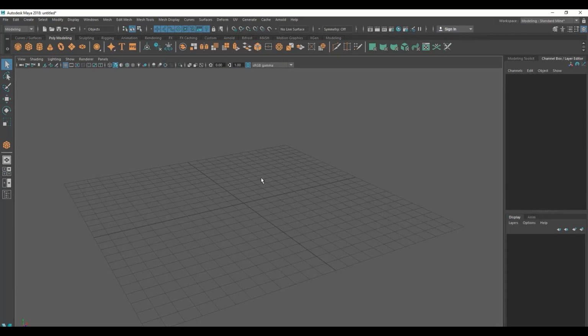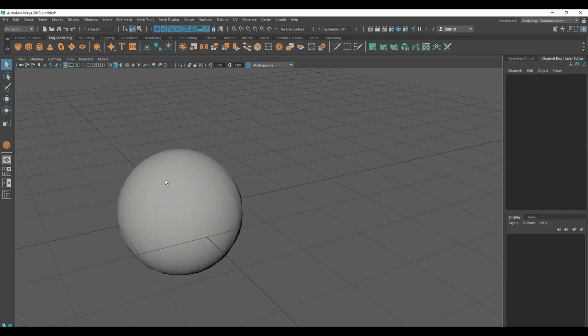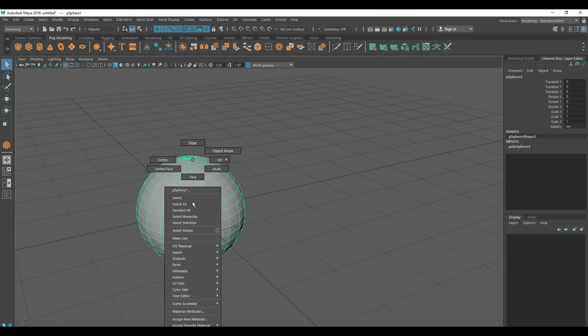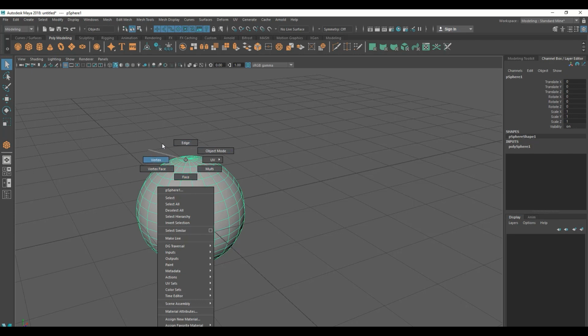But before that, I'm going to talk about polygon components a little bit. So when you take a polygon object and select it, it's by default in select tool, and when you select it, it gets selected as a whole object. Okay, but if I right click on the object, I'll get its components. Here I have vertex, edge and face. I have some other components, but I would like to talk about these three because these are the important components